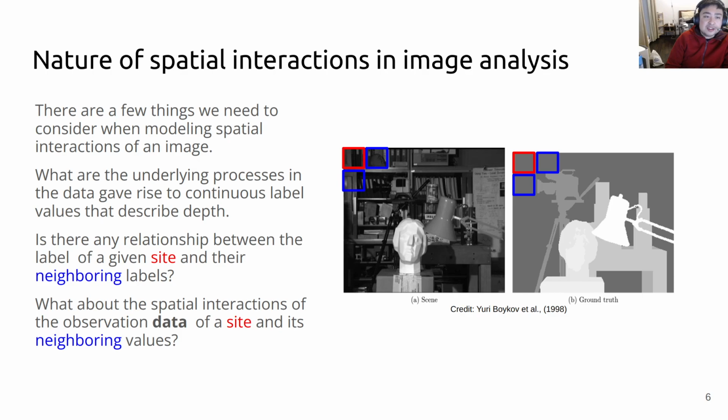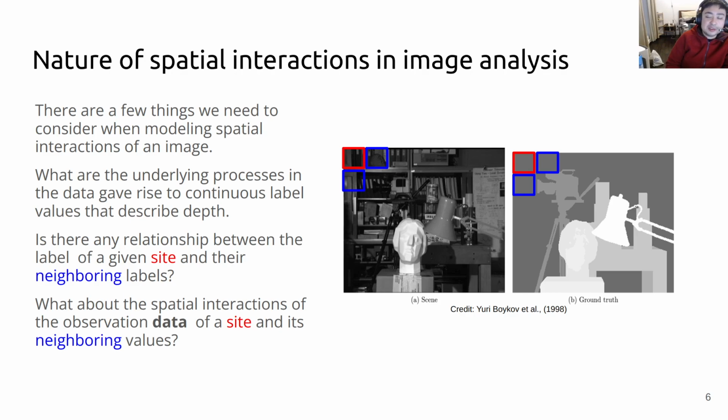But if we want to have a more in-depth understanding of these interactions, there are some things that we should consider, especially when we're trying to find the underlying process in the data that gave rise to continuous label values that describe depth, in this example that I gave here. On the left side, you have the original image, the data source, captured by a camera sensor. And on the right side, you have the label set. So this is what we're trying to find. And as I mentioned, it's a continuous data set,